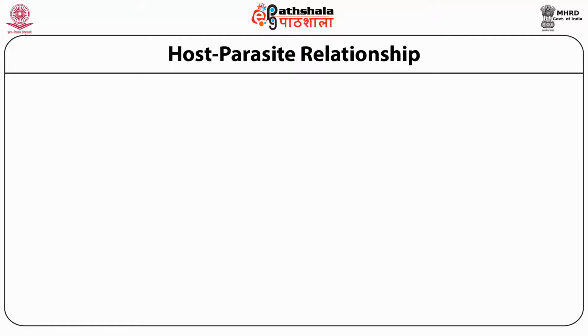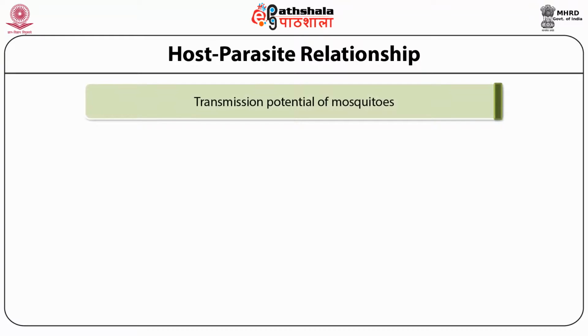These indices include the transmission potential of a mosquito, meaning how much a mosquito vector can transmit the disease, its longevity, etc. Similarly, percentages of mosquitoes infected with filarial worms, and especially those mosquitoes infected with third stage larvae, also decide the prevalence of disease, because when a mosquito infected with second stage larva bites a new human host, it cannot infect the human host because the infective stages, or you can say microfilariae, are not present in their